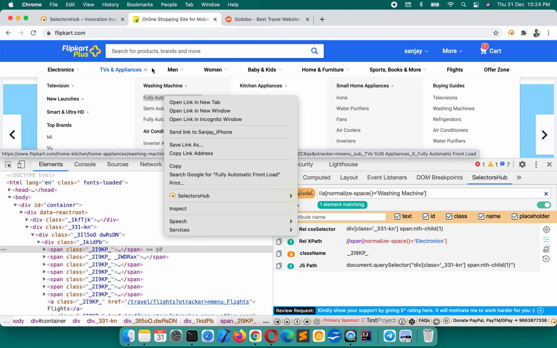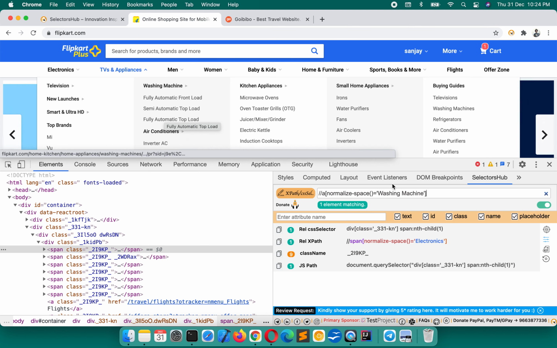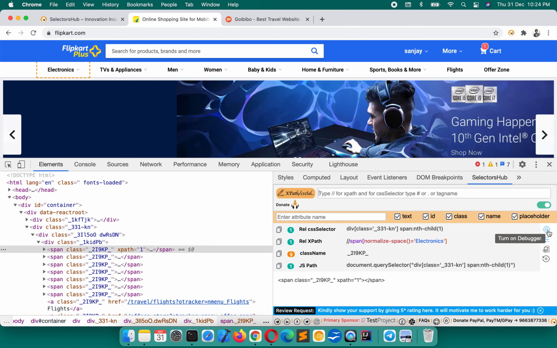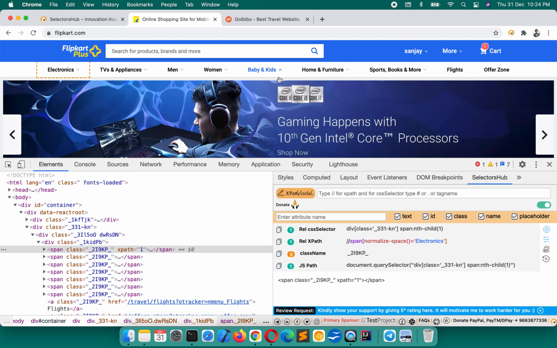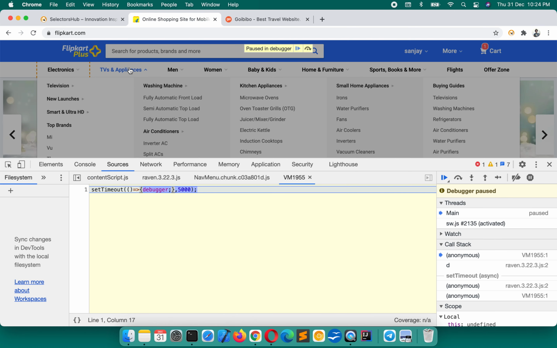Now if you really want to get the DOM and inspect these elements, there's a good way. SelectorsHub has solved this problem as well. There's a debugger button. Click on this and now hover on whichever drop down you want. After clicking the debugger button, hover on that element, and within 5 seconds the debugger will be on.